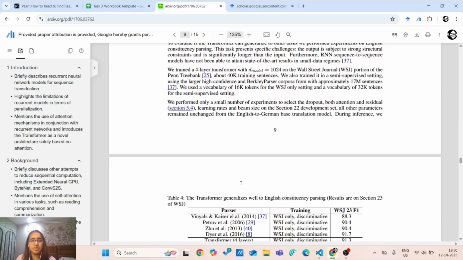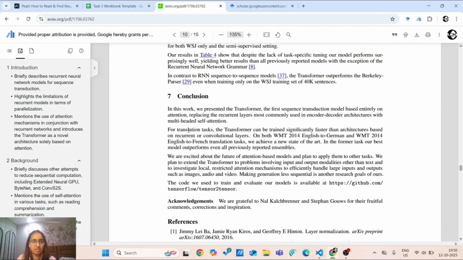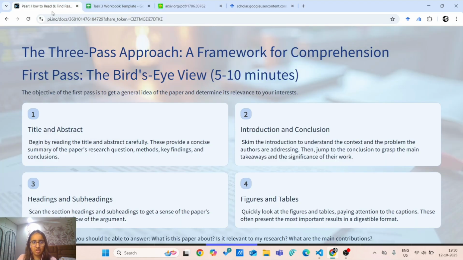Conclusion gives you what the complete paper is about, and after this you could have a quick look at the results and everything. So that's your first read. At the first read you'll see the title and abstract, introduction, conclusion, some headings and some tables. What will this give you is, after getting the overview of it, you would get what this paper is about.